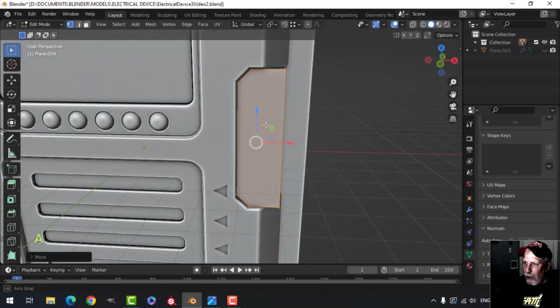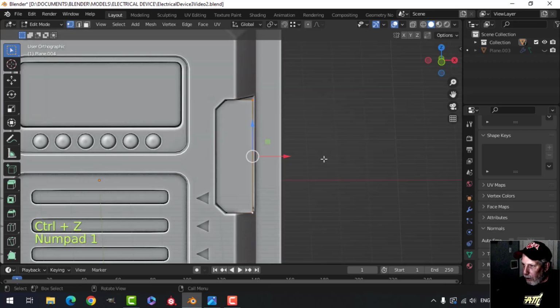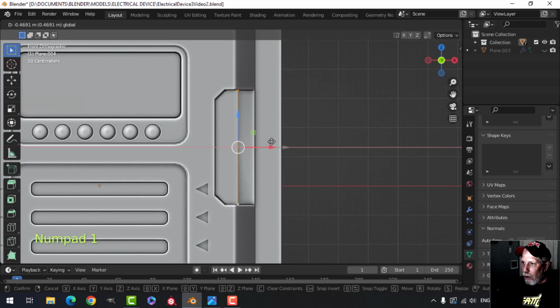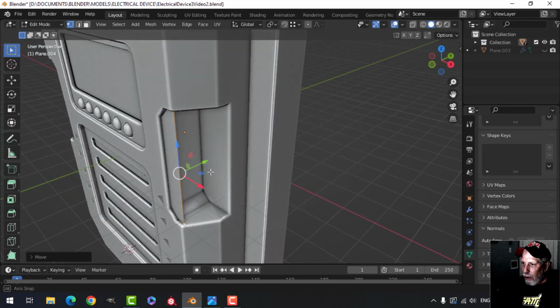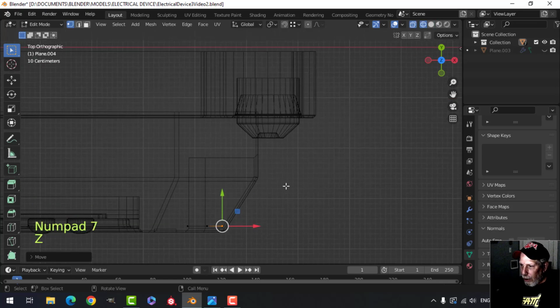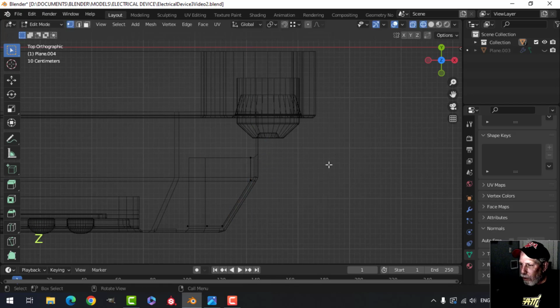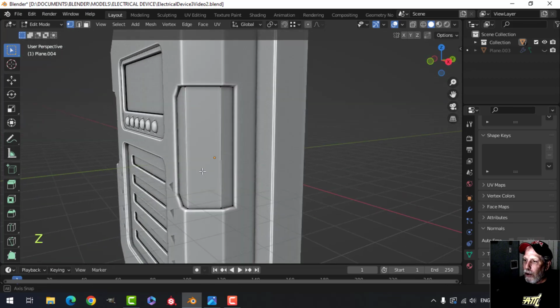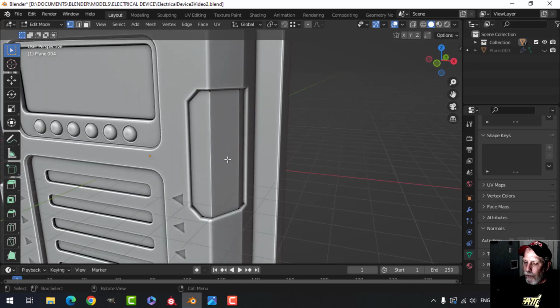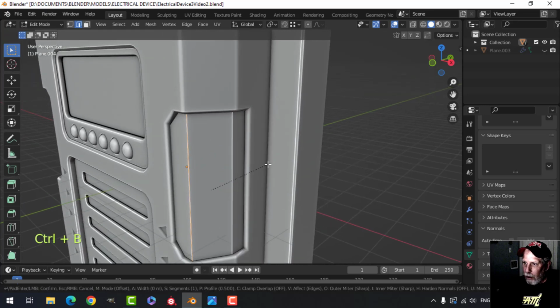Take that and pull it in. Now that I've done that, I'm going to take these, oops, and pull them to sort of around there, right? And then I'm going to extrude and pull it to about there. Extrude, pull it down that way, sort of just following the contour of that stuff there, as you can see. All right, and then I'll take this and this, and I'll Control B